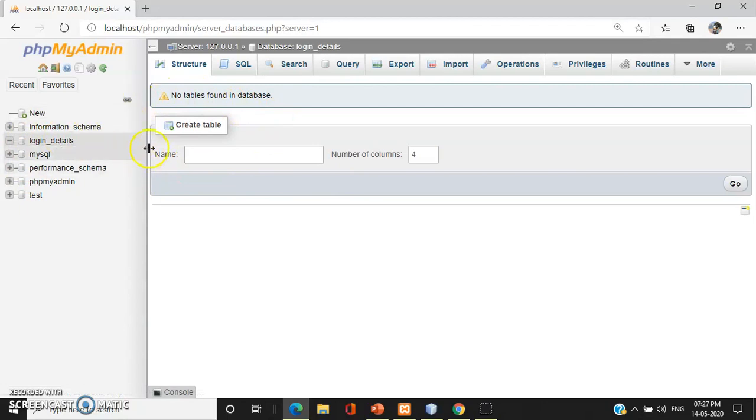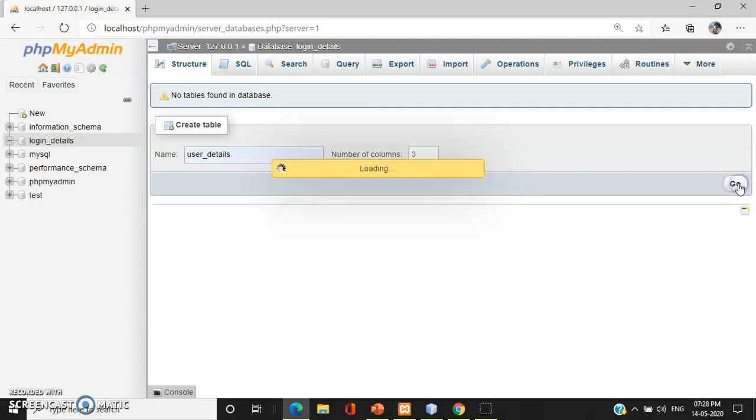Now how do we create a table? So again you can observe that there is a tab here which says create table. So you have to write the table name here. Suppose I have to create a table called user details, since we are trying to see how we create a login form in PHP. So suppose this is user details, and the number of columns you can increase or decrease here. So in user details, I just want the username, password and a serial number. So I'll just reduce the number of columns here, and I'll mention it as 3, considering serial number, username and password, these 3 columns.